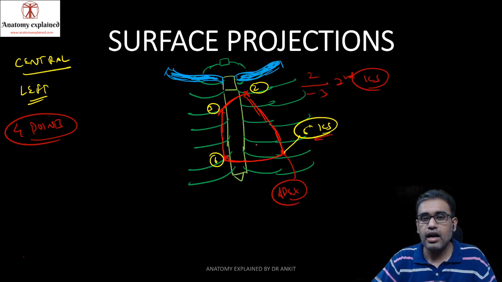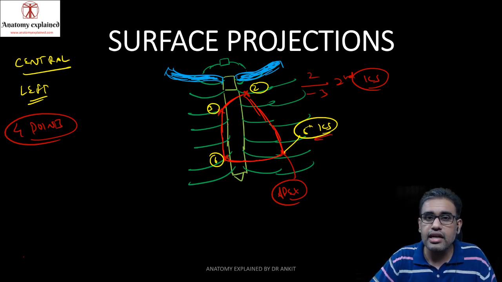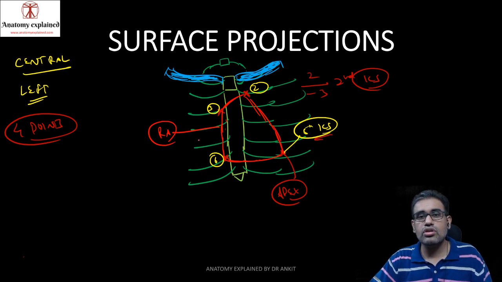Normally a non-medico, a person who is not aware of the anatomy of the heart, says that the heart is on the left side. You can see that it is even on the right side of the sternum. So if there is any penetrating or deep injury to the right sternal margin, there may be involvement of the pericardium or the right atrium of the heart. This chamber over here has to be the right atrium. We dealt with all the borders and surfaces also. So this is your surface projection.